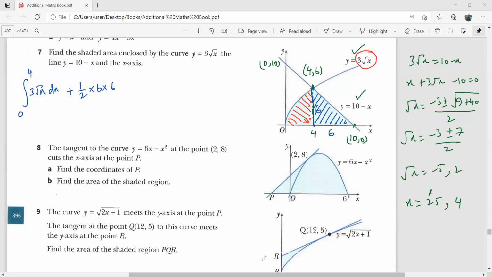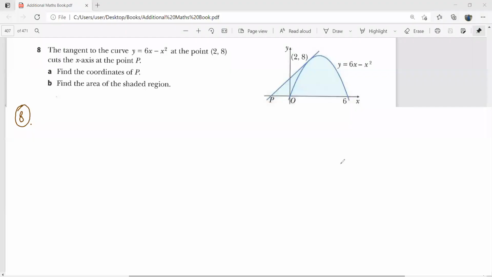Now, similarly, look at this eighth question. Tell me, how would you find this shaded area in this eighth question? In this eighth question, the first thing is that we have to draw a vertical line over here. So we know that this is 2 here. And one thing is clear, that this brown area is the area under the curve with the limits from 2 to 6.